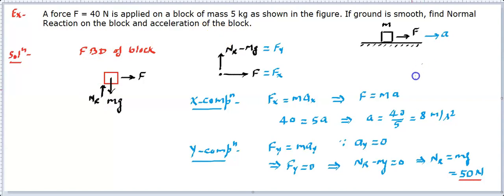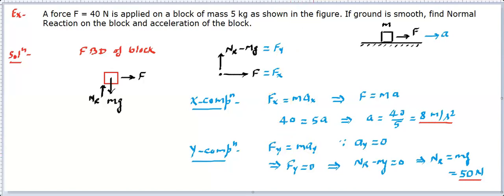Moreover, you need to talk about this acceleration. So we have already calculated it is 8 meter per second square. It is in the direction of force. So acceleration acts in the direction of net force, so that is in that direction. So here we are basically visualizing X motion independently, Y motion independently. If there is any force acting in the Z direction, that is also to be considered independently, and we need to apply these equations in all the directions. And you will find it's going to be very simple once you are able to follow this strategy.